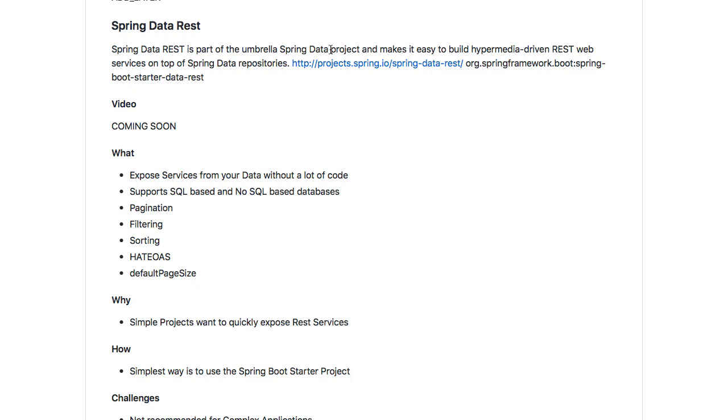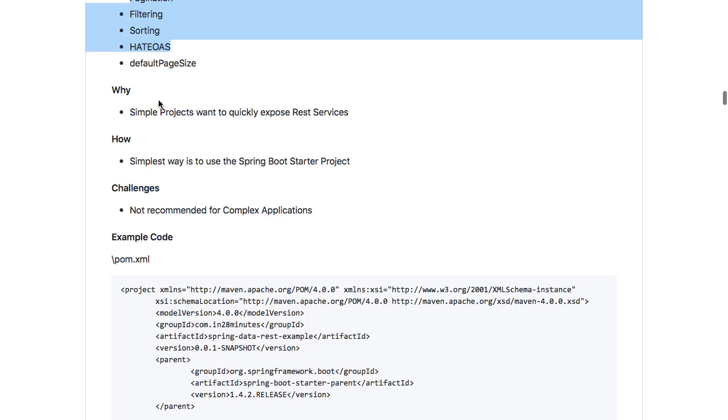But that's not just enough. What we want to do is expose services around all these databases. That's what Spring Data REST allows us to do. It allows us to expose services. It will allow us to expose REST services from your data. It supports both SQL and NoSQL based databases, and it allows a lot of other features like pagination, filtering, sorting, and HATEOAS. One of the important things about Spring Data REST is it enables simple projects which want to quickly